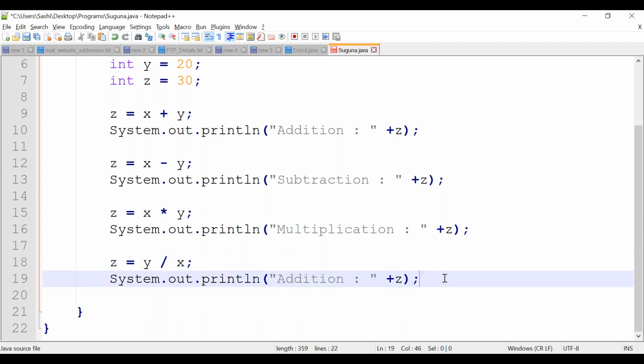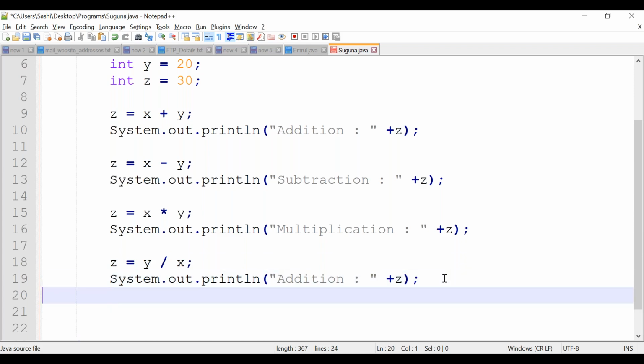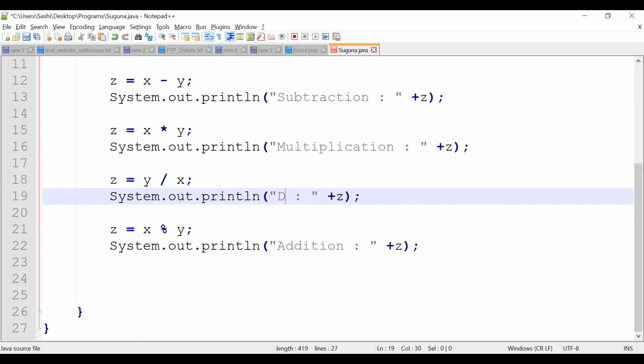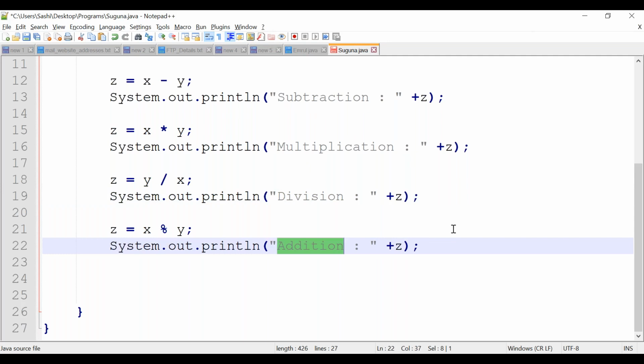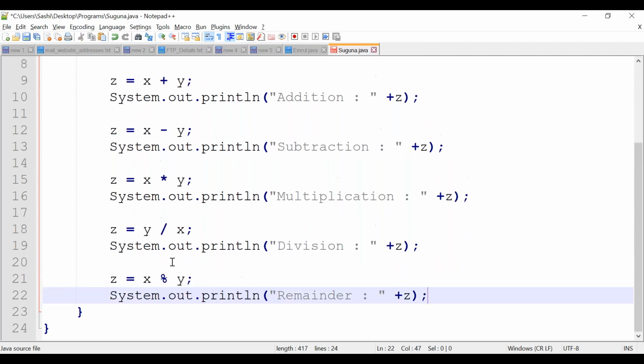Then if I want to perform the modular operation, I can do that too. The modular operator is percentage, correct? What does the modular operator give? It gives the remainder.